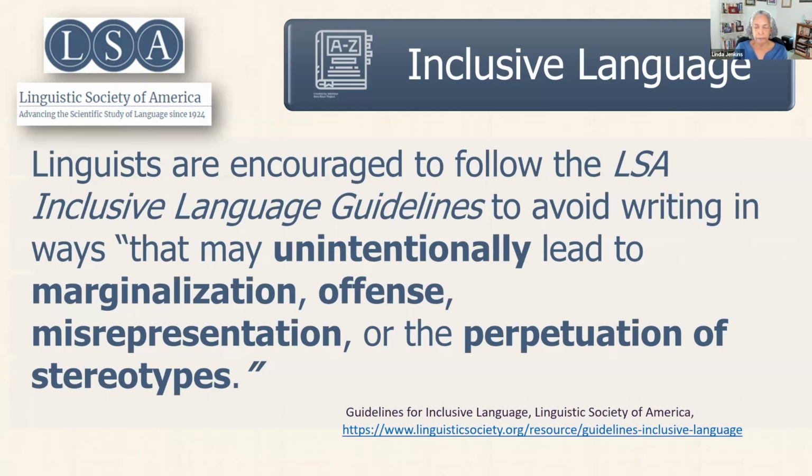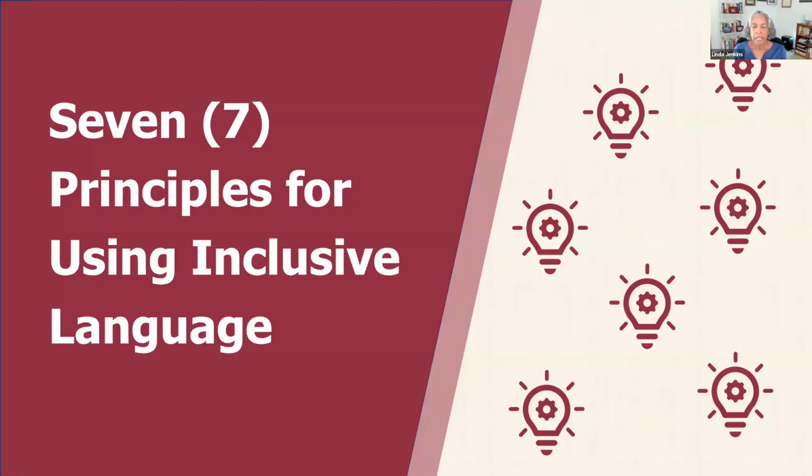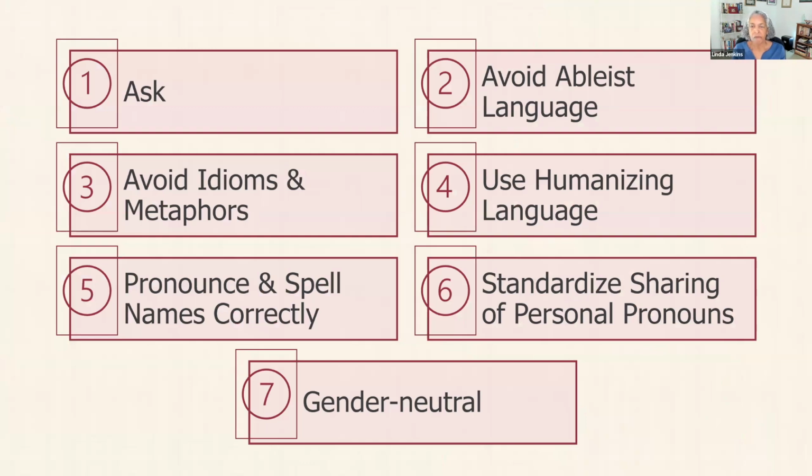And knowing that we often unintentionally use language in ways that can create disrespect for people, this is an opportunity for us to use language in an intentional way to not have that happen. And knowing that just giving you the definition isn't sufficient for helping us understand how to actually use inclusive language, I'm going to give you 7 tips that can help you use it effectively. And these are the 7 tips that I will be covering,